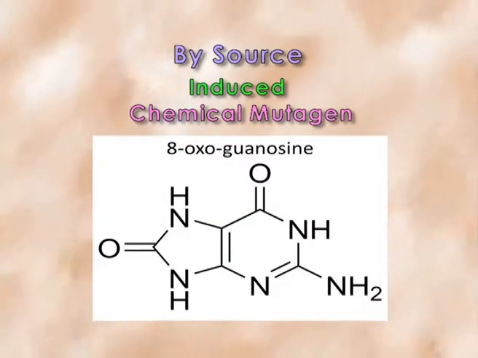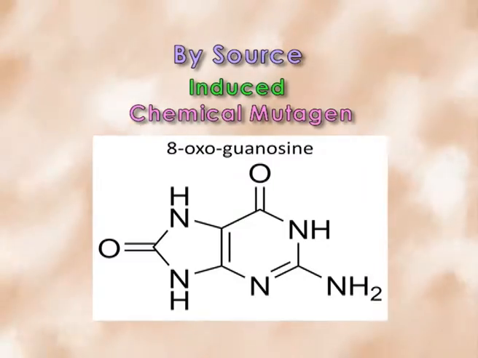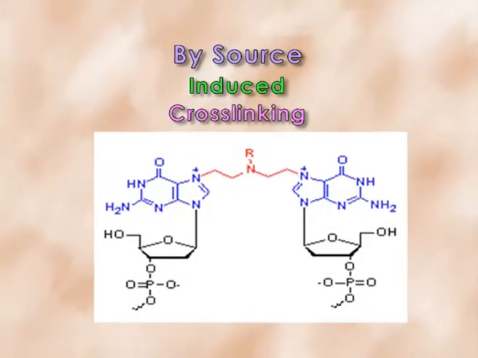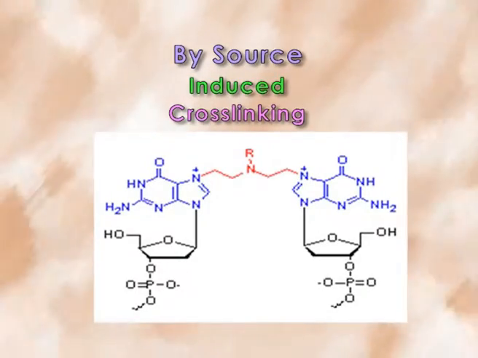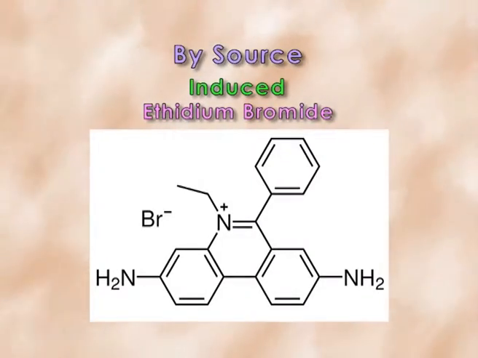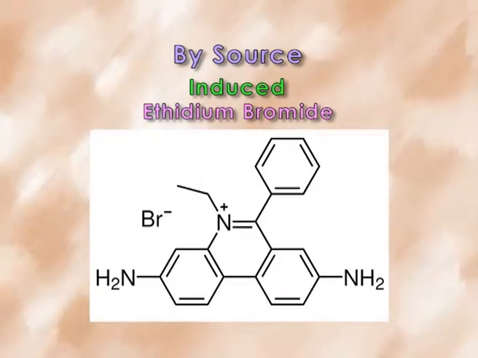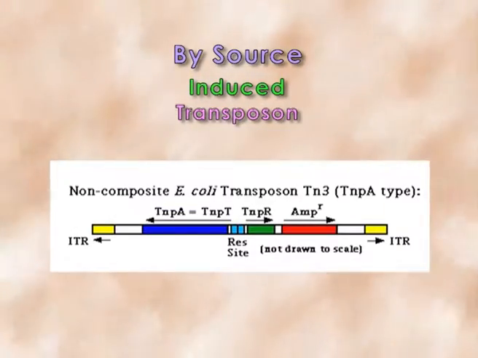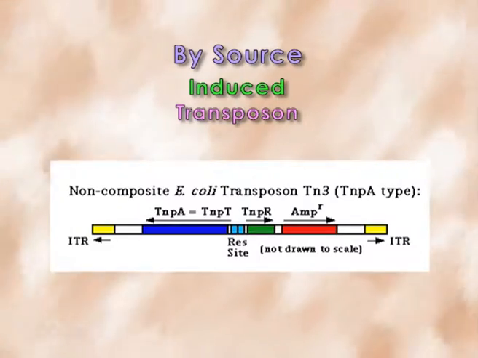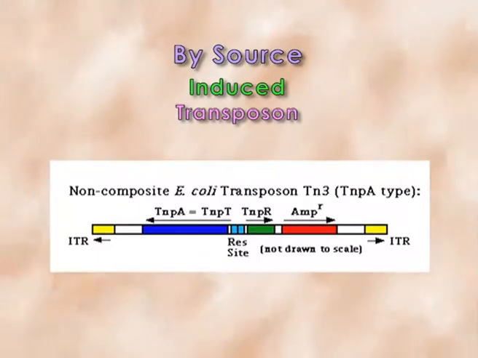producing 8-oxoguanosine. Again, they can give different types of transition and transversion. Not only that, cross-linkers like methylating agents or alkylating agents are present, which can cross-link between two strands, interstrand as well as intrastrand. We can find some intercalating agents like ethidium bromide. The biochemical or biological mutagens include the transposable genetic elements, the IS sequence, IS element, Tn3, Tn9, etc.